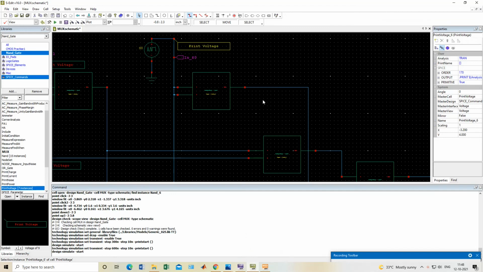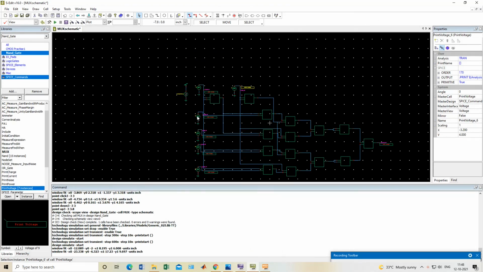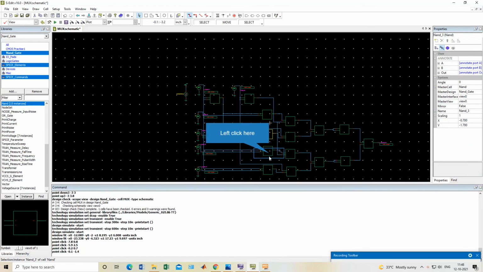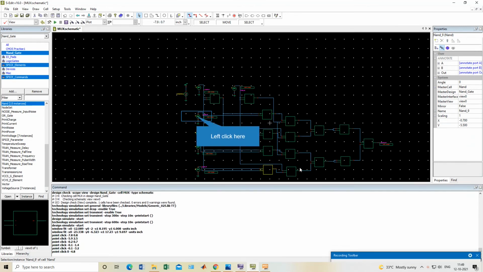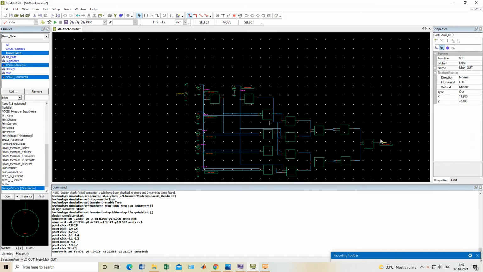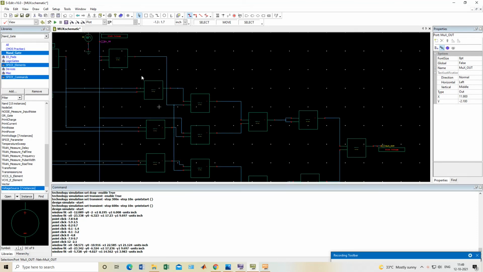Now what we will do, we will change something. How many NAND gates are we using? We are using here 1, 2, 3, 4, 8, and here 5, so 13 NAND gates we are using. So when my input starts traveling from the I naught voltage source to reach the mux output, it will take the delay of these 13 NAND gates.